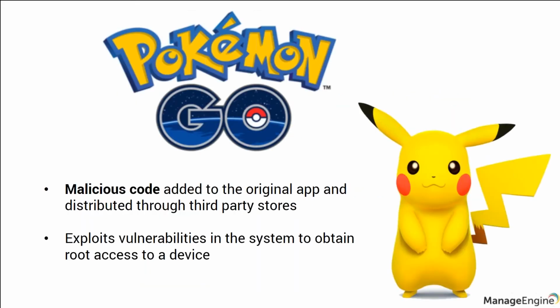Last year saw Pokemon Go take the world by storm. Almost everyone everywhere went berserk on seeing their favorite childhood anime being brought to life with the help of augmented reality. Well, I know I did at least, and everyone wanted to be a part of this hype. So there have been more than 500 million downloads of Pokemon Go, and people started downloading this app from various sites. And this was an opportunity for hackers to do some mischief. The hackers were able to manipulate the original code and add malicious code to the app, thus giving them access to the device.